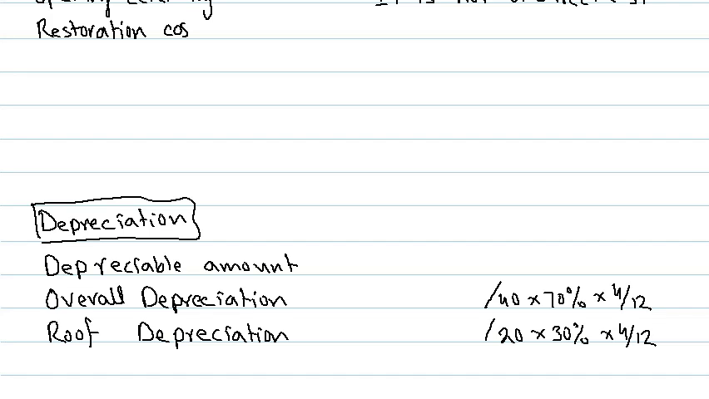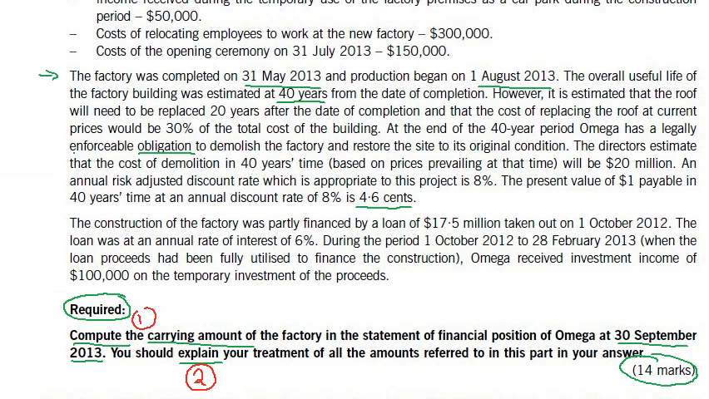Restoration cost, present value, it is 20 million into 0.046 because it is 4.6 cents. It gives us 920,000. The construction of the factory was partly financed by a loan of 17.5 million taken out on 1st October